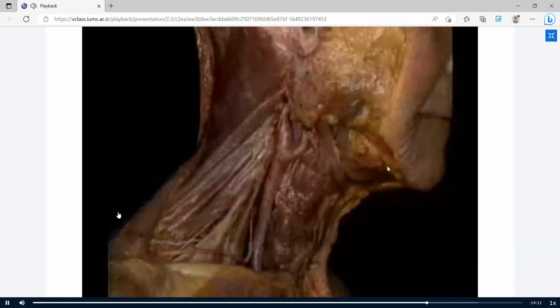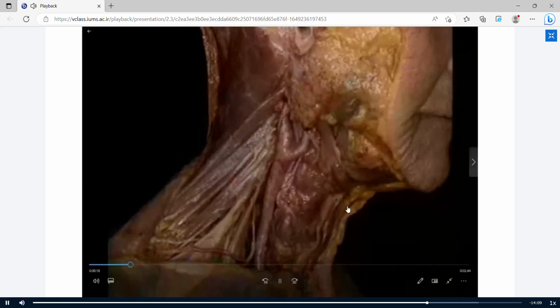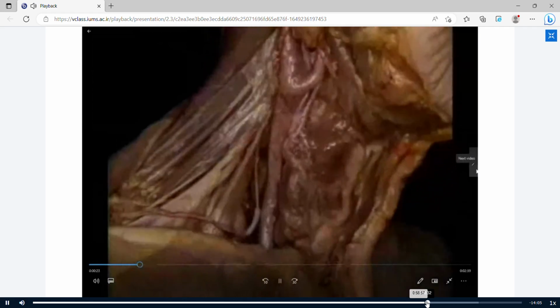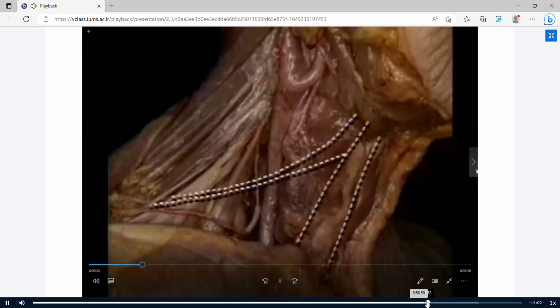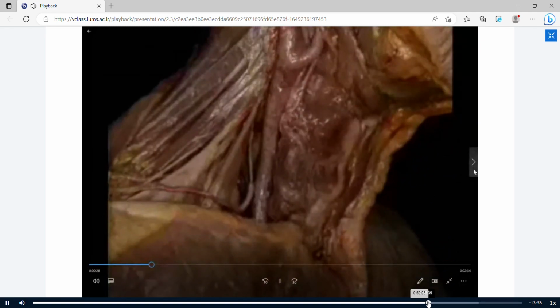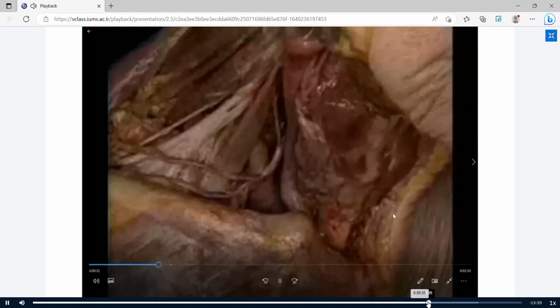On each side, 2 major arteries, the common carotid and the subclavian, emerge through the opening at the top of the chest, the superior thoracic aperture. To see them, we'll look at a dissection in which we've already removed the overlying structures: the sternocleidomastoid muscle, infrahyoid muscles, and internal jugular vein. Here's the clavicle. The first rib is here through the opening at the top of the chest, the superior thoracic